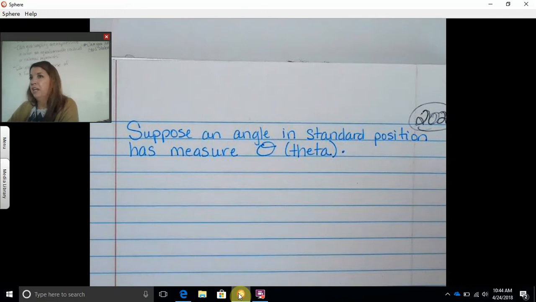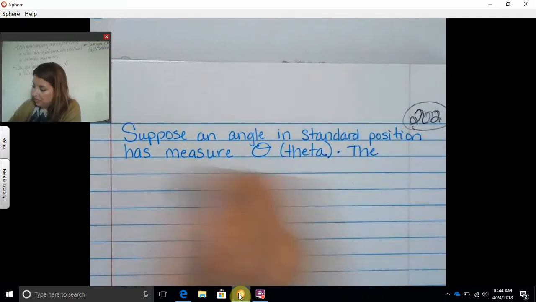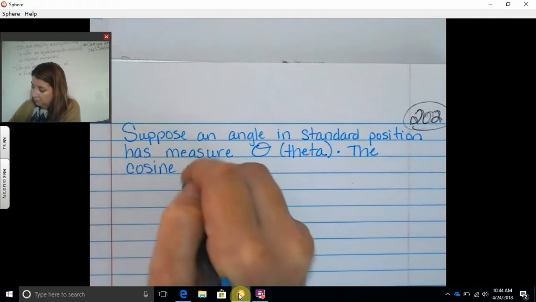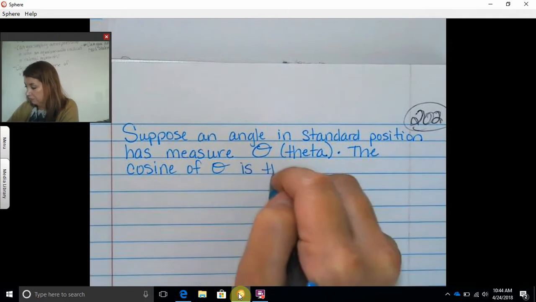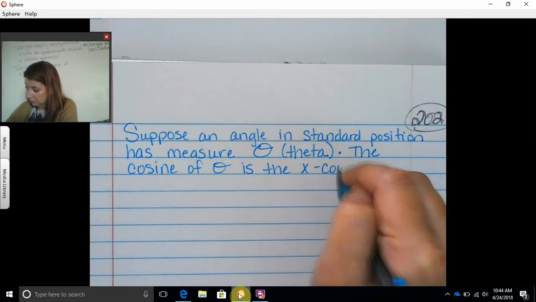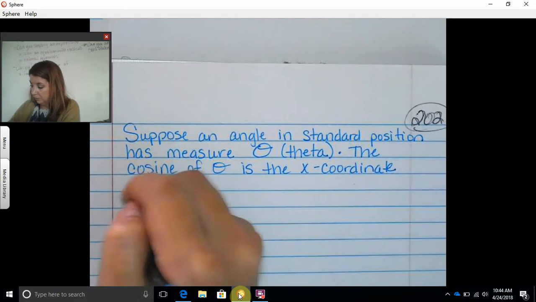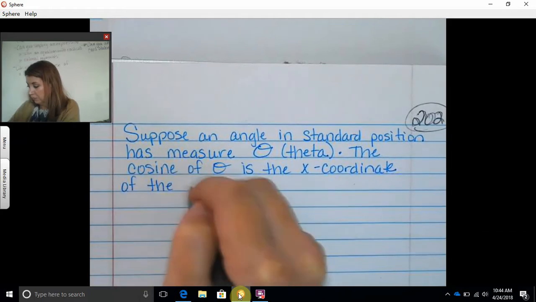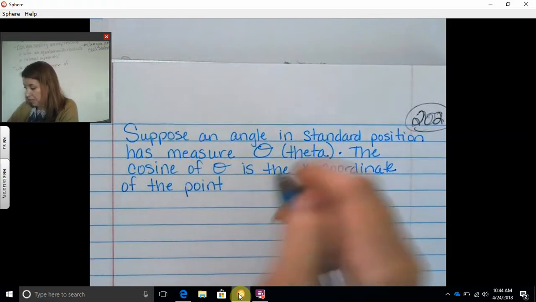So that's whatever angle you're referring to, we call it theta, okay? The cosine of theta, and so we don't write the word out anymore, we just use the symbol. The cosine of theta is the x-coordinate of the point at which the terminal side